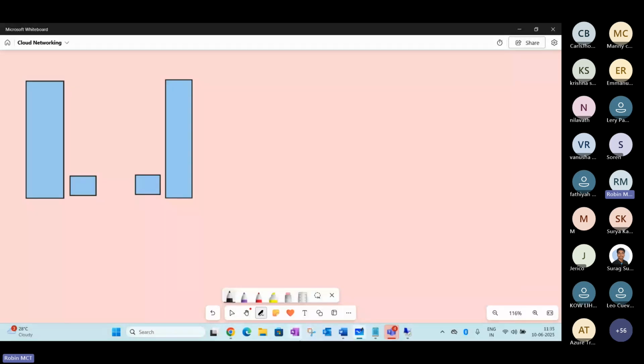Now, for making a communication, first of all, you need an IP address here. That means each and every network interface card which you are creating here will be configured with an IP address. So if you take any device here, similar to your on-premises one, your network interface card, that means your vNIC, will be assigned an IP address. The IP address is needed here.